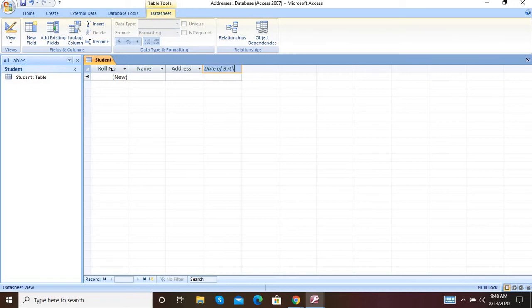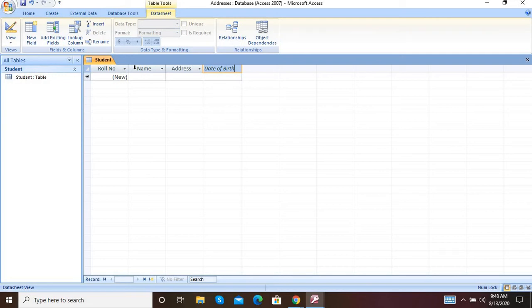Because the auto number data type will automatically generate the number. Here they are giving numbers like 1001, 1002, but in Microsoft Access the application takes its own number, called auto number. So the first field has the data type auto number.